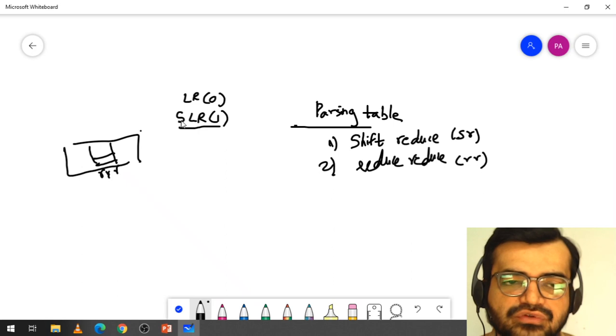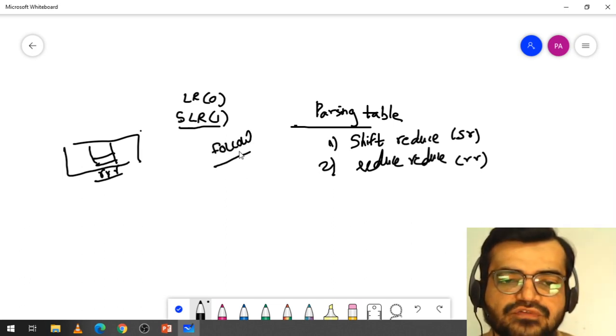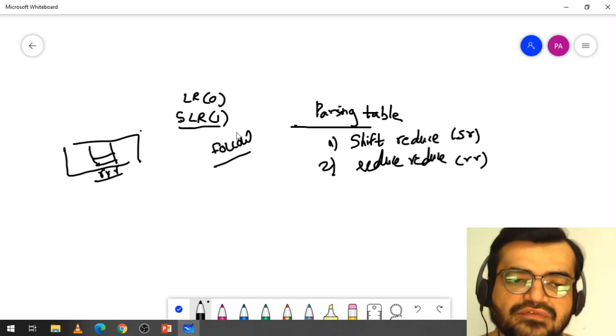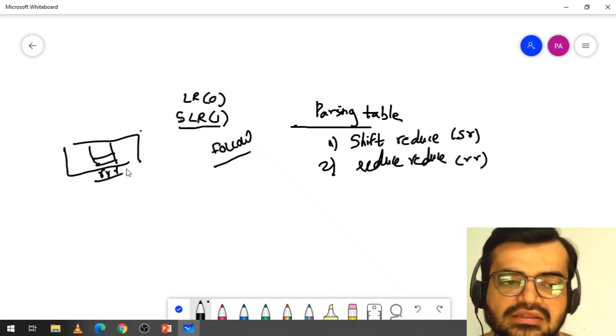But in SLR parsing, it won't take the reduce operation in a complete row. Instead, it will take it based on the follow of the particular symbol, that is, the list of terminals which can follow it. Only on those terminals will the reduce be taken.